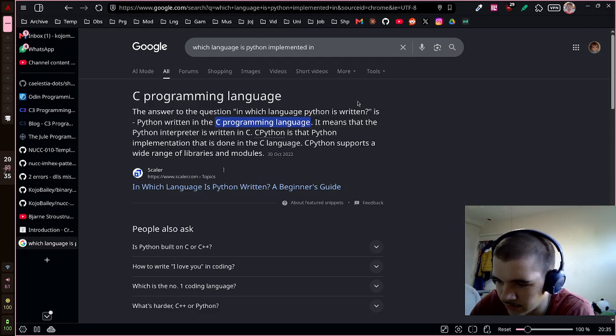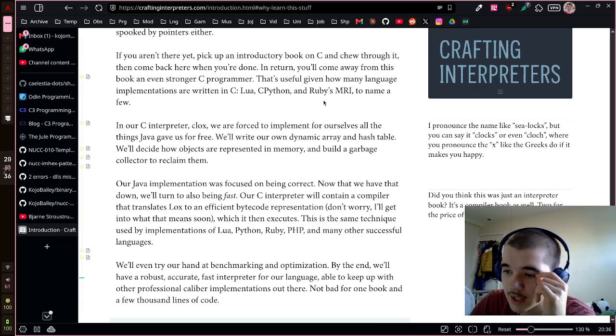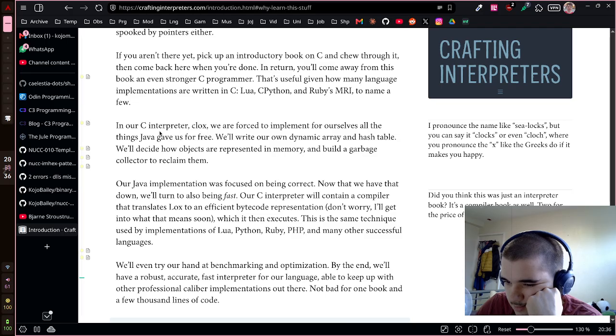So is C Python not just Python? I pronounced the name like C-Locks. Alright, clocks. In our temperature clocks, we are forced to implement for ourselves all the things that we give us